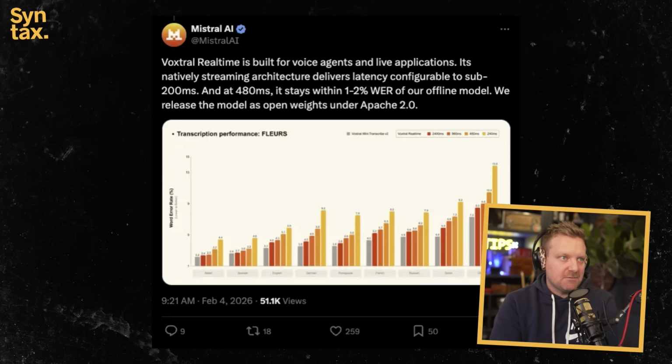It would goof up a lot on the technical terms. Now we have these models. This is a new one that was released, Voxtral Mini Realtime, and it has a 200 millisecond delay. It'll do transcription in real time, but then you can also use it very cheaply to transcribe podcasts.